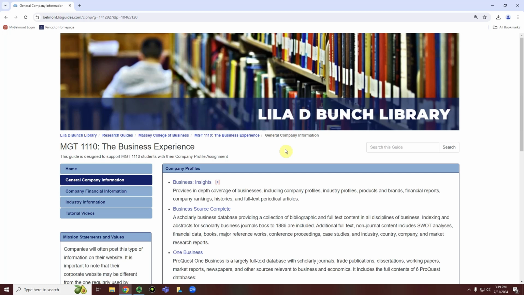I'm going to show you how you can use Nexis Uni to get company information and ESG information for the Business Experience course. As I mentioned, Nexis Uni is an article database that has a bunch of different news and legal articles related to companies and other business information. The thing I mainly want to show, though, is not necessarily the article features, but finding ESG or corporate responsibility